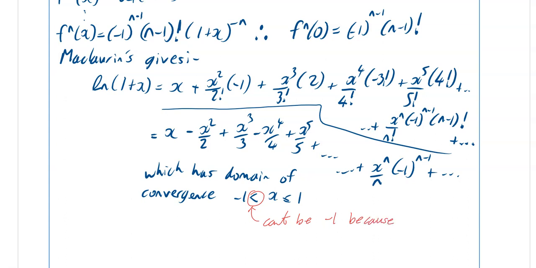And that's because ln of 0 is not defined. So that's going back to the original function at the very start, which was ln of 1 plus x, but you can't have minus 1 as your x value because ln of 0 is undefined. Okay, so what it has between minus 1 and 1 is, if you look at these terms,